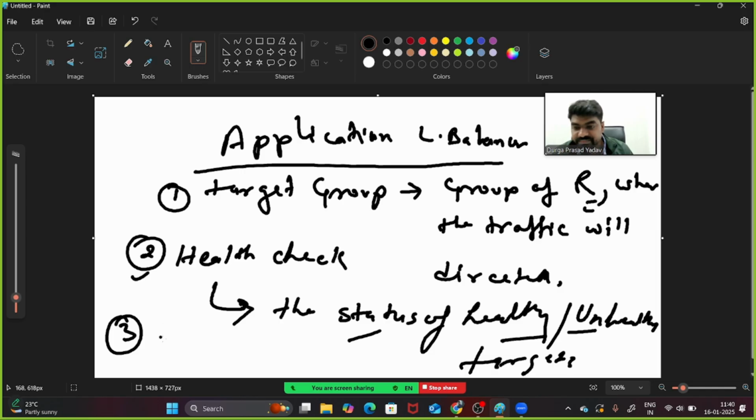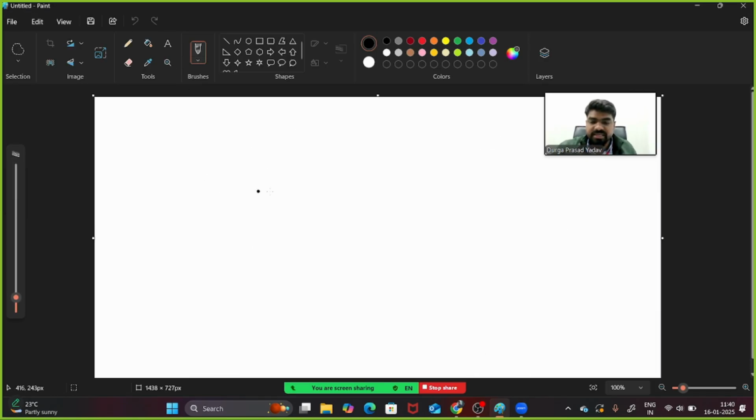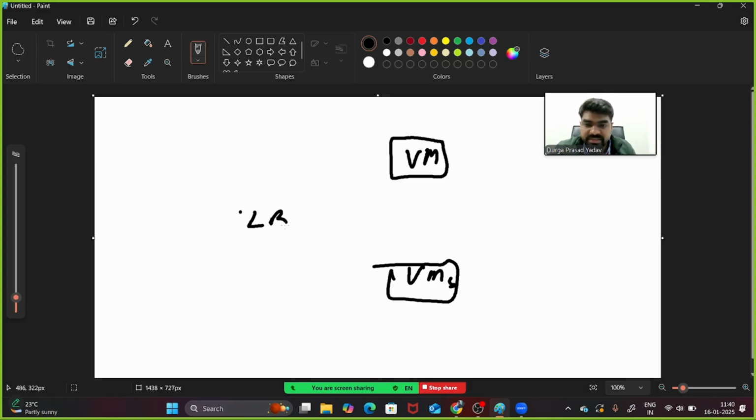The third is the listener. Listener means how your load balancer is listening. Let's suppose this is your VM1, this is your VM2. Here is the load balancer, and it has been connected here to distribute the traffic.